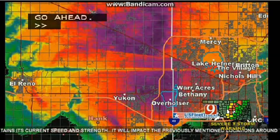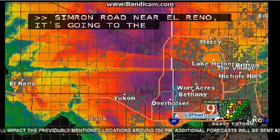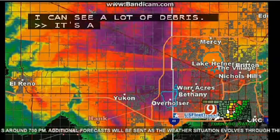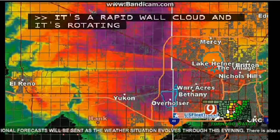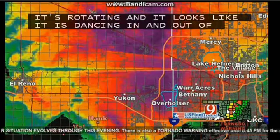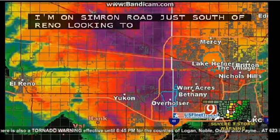I've got a real rapid wall cloud that's rotating, and it looks like this thing is still dancing in and out of the rain, being a multiple vortex. I'm on Cimarron Road, just south of El Reno, looking due northwest, probably less than a mile. And if the troopers were reporting it on I-40, that means this...